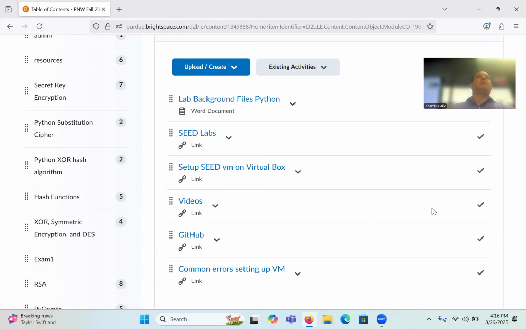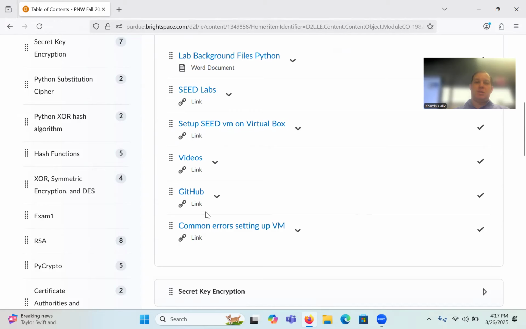So the seed VM is similar to Kali Linux. It's just another Linux version. So you will have to set that up. All right. So yeah, we use Linux essentially for everything, right? For some of the labs, you don't need the seed VM, but for some of them, it's helpful because it's got some of the software installed already. So my suggestion is then